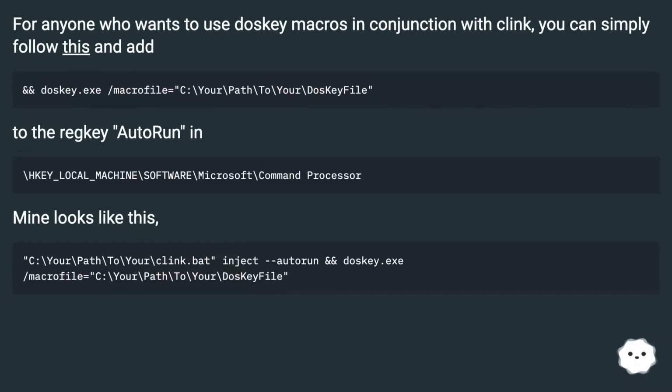For anyone who wants to use Doskey macros in conjunction with Clink, you can simply follow this and add to the Clink autorun in. Mine looks like this. Yours can differ. Source: